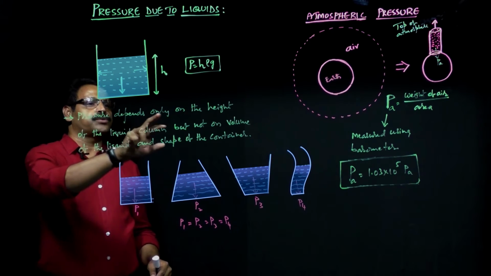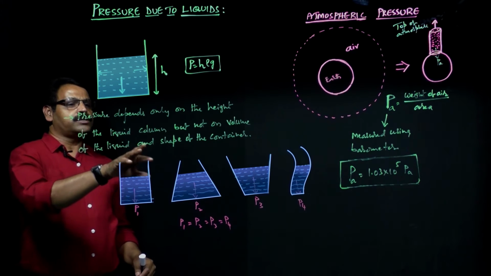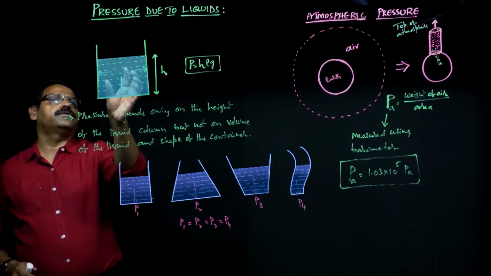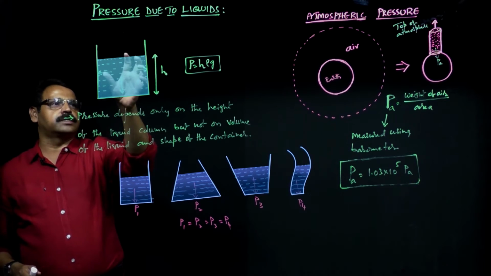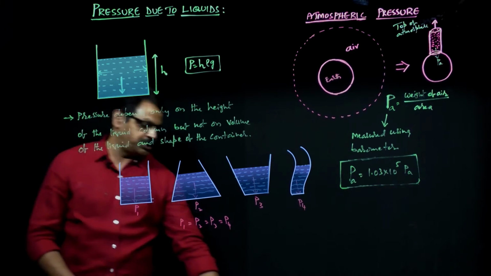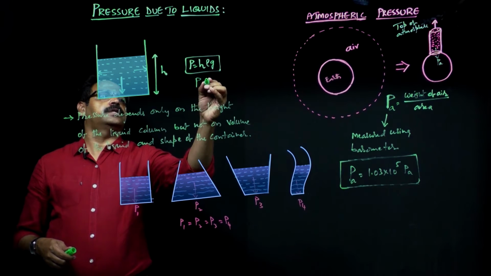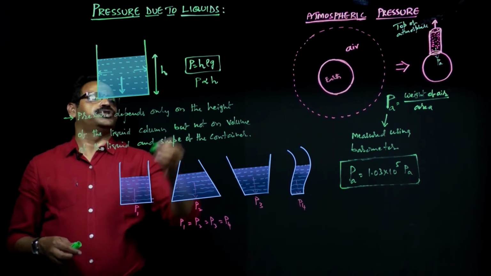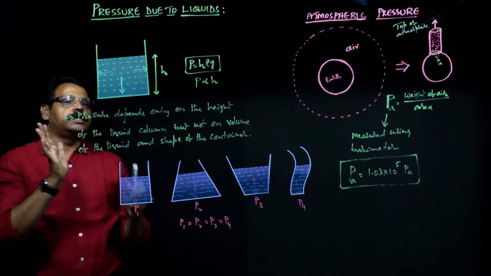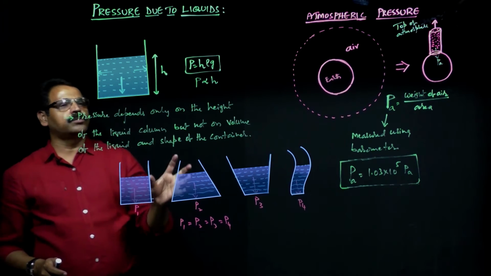So pressure depends only on the height of the liquid column but not on the volume of the liquid as well as the shape of the container. Whatever the shape of the container, if the height of the liquid column increases, then obviously the pressure increases because P is directly proportional to h. Here we can take P is a function of h, that is P is directly proportional to h. That means if the height of the liquid column increases, the pressure also increases. It depends only upon the height of the liquid column but not on the volume as well as the shape